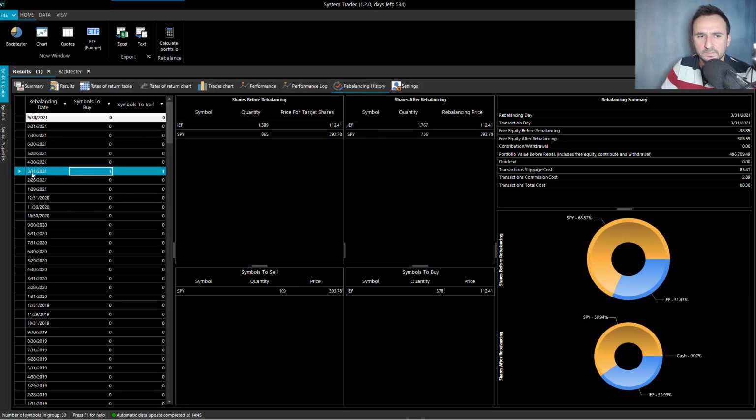And for example, we can see that in March 2021, there was a rebalancing. As we can see, the S&P part grew to over 68%, whereas the bond part from 40% dropped to 31%. So the condition that if any of the components is deviating more than 20% has been met. Therefore, we had to sell a bit of SPY and buy a bit of IEF ETF for bonds,